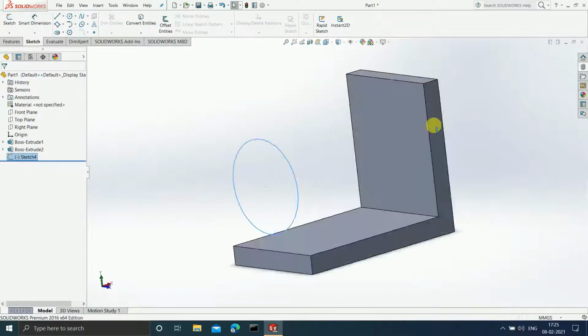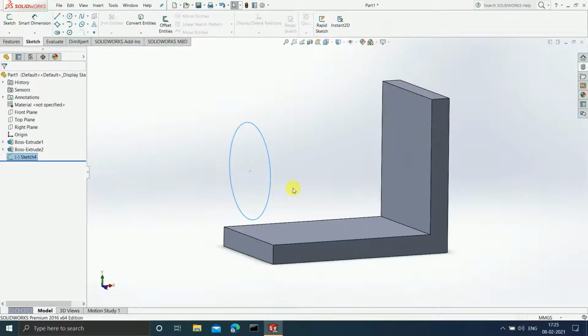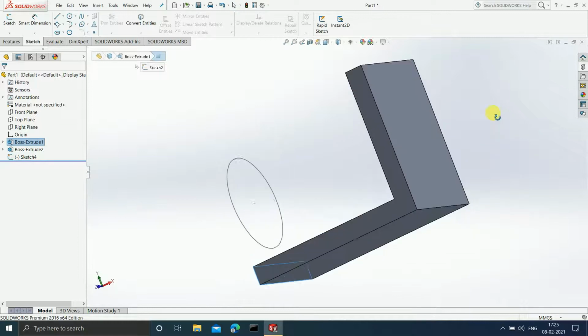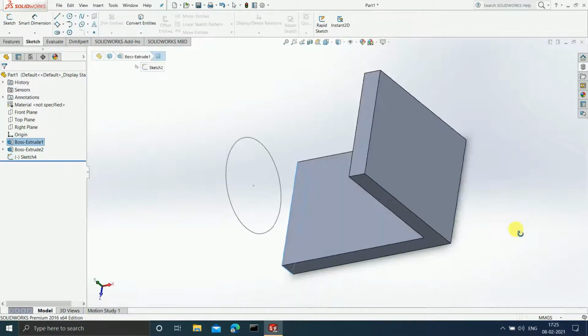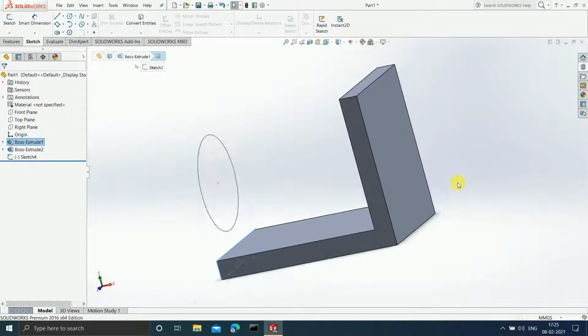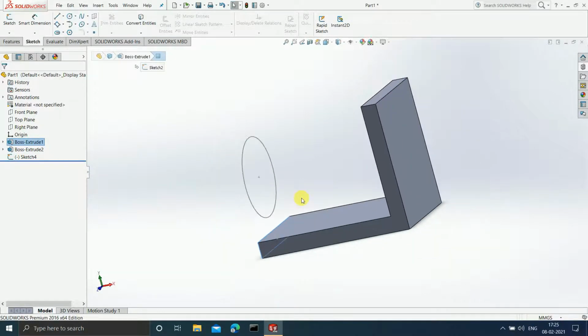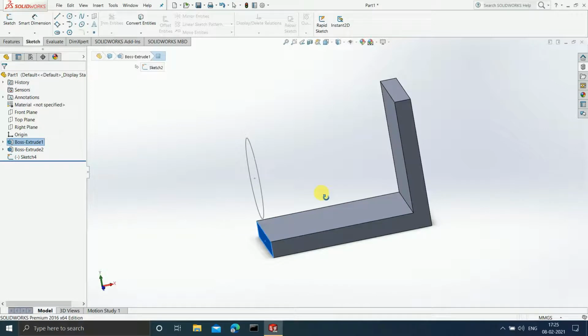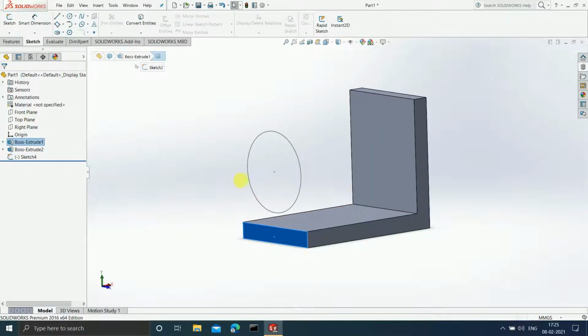Okay, now see, can you see this sketch which I have drawn is nothing but in this particular plane only. Okay, see, we have not selected the front plane or the top plane or the right plane, but instead what we have done is that we have made use of the already existing 3D model plane, and with the help of that plane we have drawn a sketch.